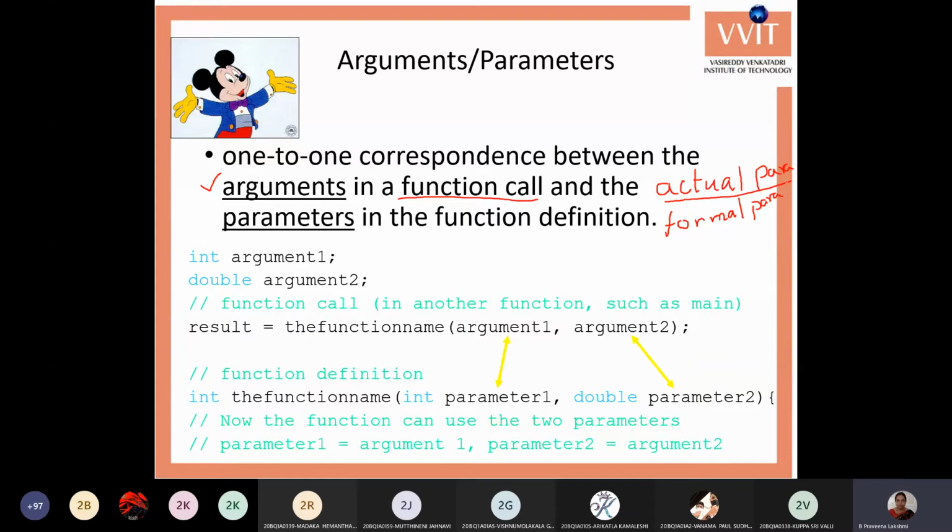Here in this example, this is the function call: function name, argument 1, argument 2. These two may be variables or values, and they are called the arguments or actual parameters.